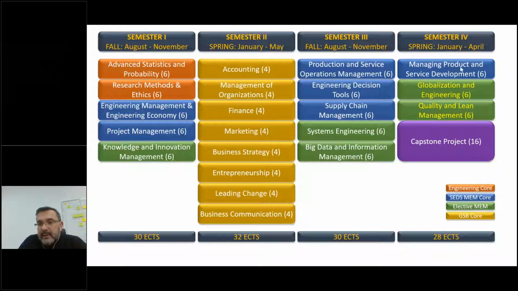The one is the product and service development and an elective one. And at the same time, students get to perform the Capstone project, which is a team project of teams of 3 to 4 people who work on an actual problem of the industry of a company, and they have some time, like 3 months, to carry this out and produce an applied positive result.